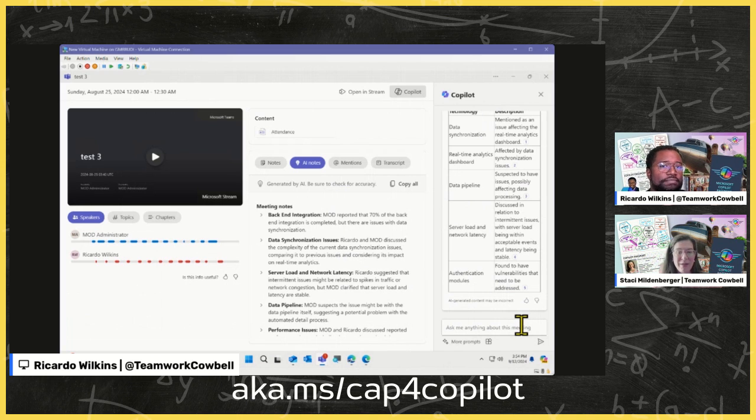But I love those embedded tips, because it definitely will help you uncover new ways to leverage Copilot and new information embedded in these meetings that you didn't even know you had at your fingertips and might not have thought to use. Absolutely. Yeah.